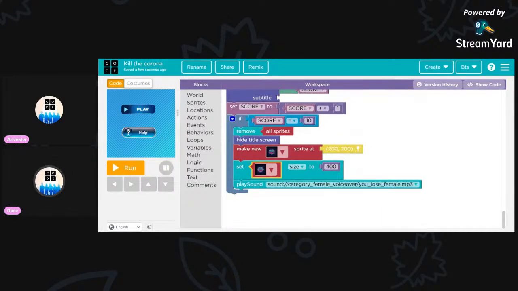Okay, I'm gonna do a bit of additional thing over here. If you don't want to make your you win or you lose as a background, and you just want to have a like,